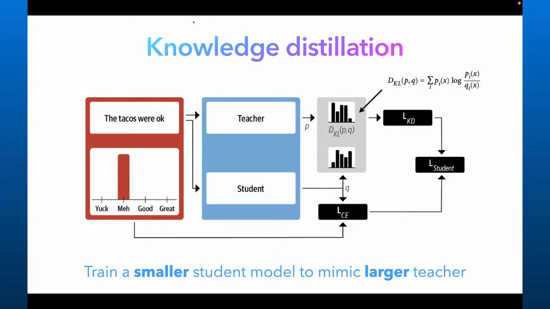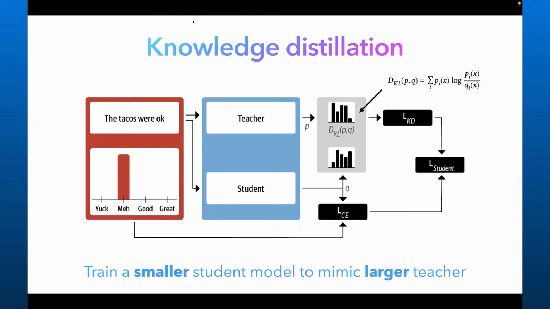But if you use the XXL model, this is more or less impossible to deploy in a standard setting, because it might not even fit on a single GPU. So the idea of knowledge distillation is to say, okay, we've got this teacher, which is really good. So what we're going to do is train a student, and we're going to change the